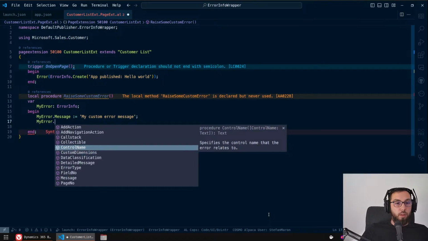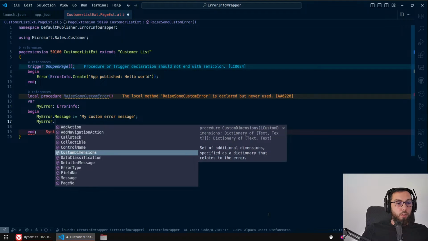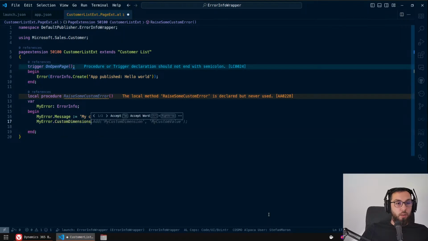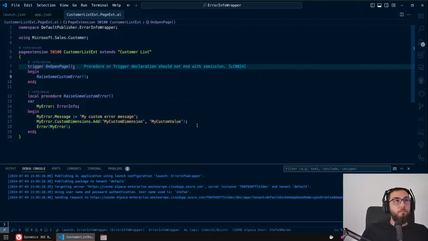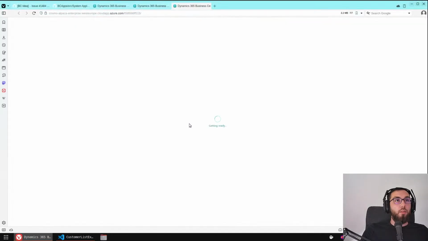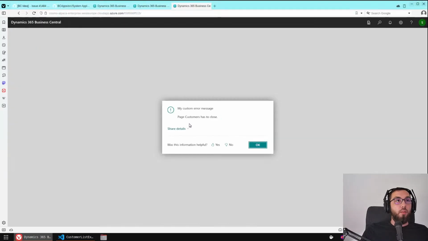Control name, and I'm not even sure what this is about. But I wanted to add custom dimensions. Right, and then raise the error. Now instead of doing this, we will just call this function instead. Let's see. All right, let's